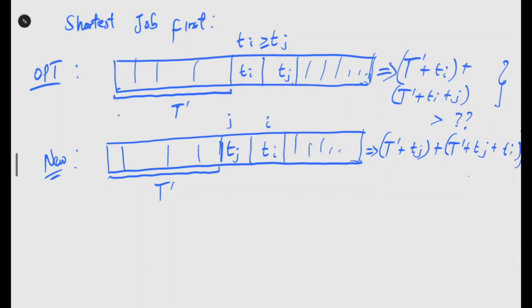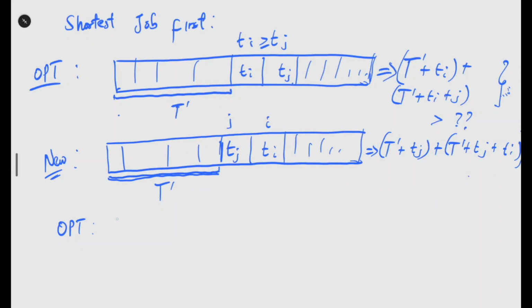When it comes to the new schedule, we see that from here to here, for both the OPT and the new schedule, remain the same. But now the total waiting time for all jobs, including I, and the total wait time for all jobs, including J, are now different. So for the OPT, for the optimum, we have this,